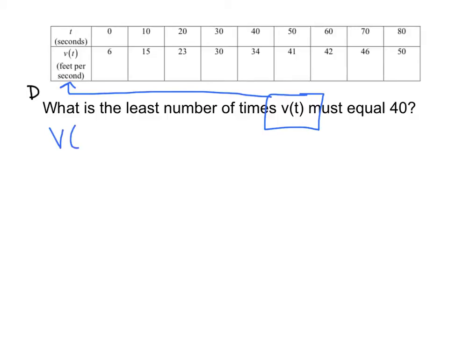And the question is, when does v of t have to equal 40? Does it happen between those two numbers, or those two numbers? When does v of t have to hit 40? Hopefully you're saying sometime between here. And I hope you'd agree if you're at a height of 34, now you're at a height of 41, you must have hit 40. And since this function is increasing, it's only going to happen once on that interval. So right off the bat, I'm going to say once